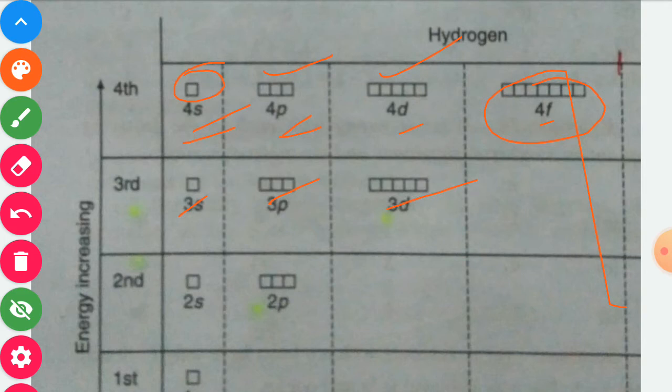This you already know. So, while writing the electronic configuration, we fill the electrons in these orbitals from the low energy level to the high energy level. Means first of all the electron goes to the s subshell, then p subshell, then d subshell, then f subshell of a particular principal quantum number. But remember that the energy is not always like 4s less than 4p, 4d, 4f. Its value changes if the principal quantum number value also changes. So this point should be remembered.